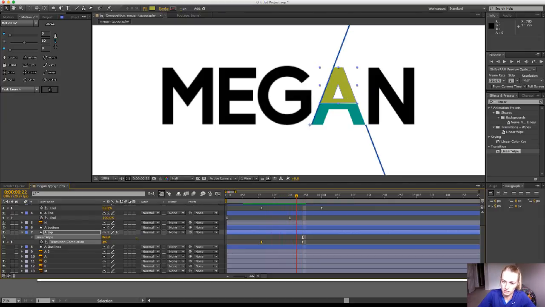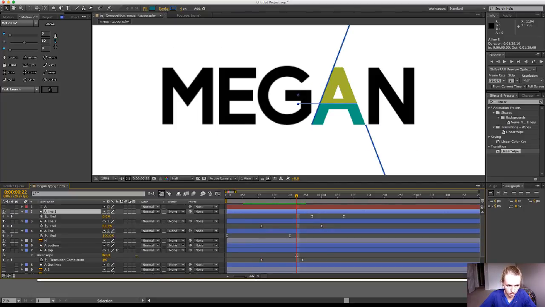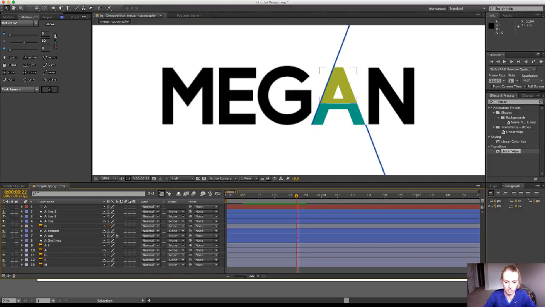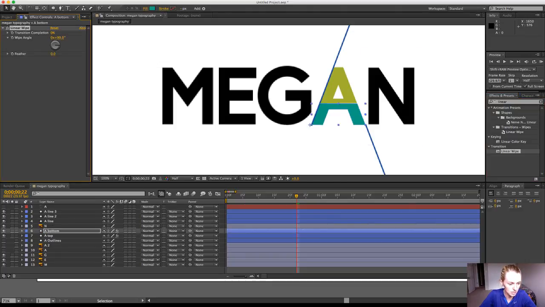Okay, so when this path, the blue line, gets to about the tip of the A, like it's just touching the A, then I'm going to start keyframes for the bottom, which is this. So also, if you don't have any of your layers selected and you hit U, then it will hide all your keyframes, which is really nice because sometimes I create a mess and then that kind of cleans it up. So I'm going to add a linear wipe to that, so just drag that on to the bottom of the A section, and then